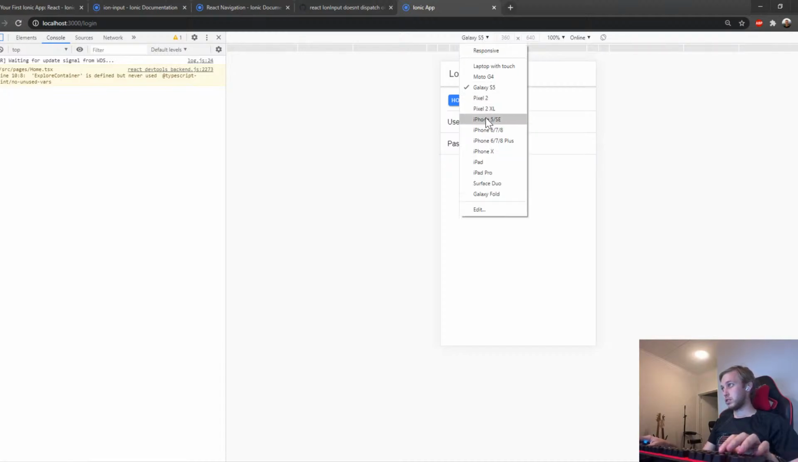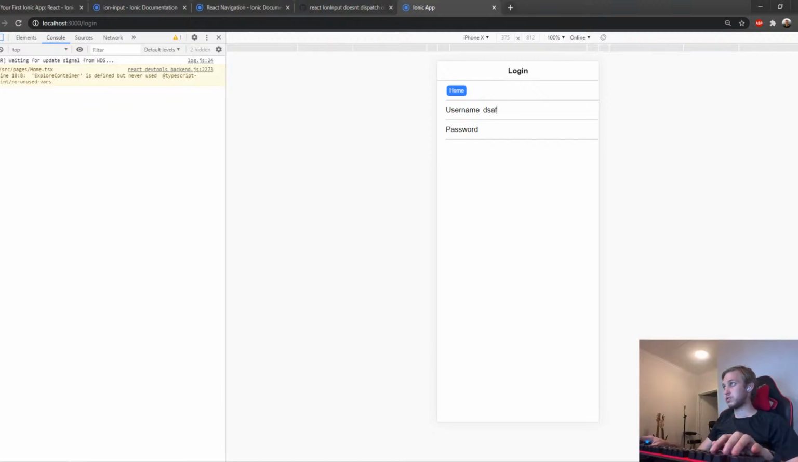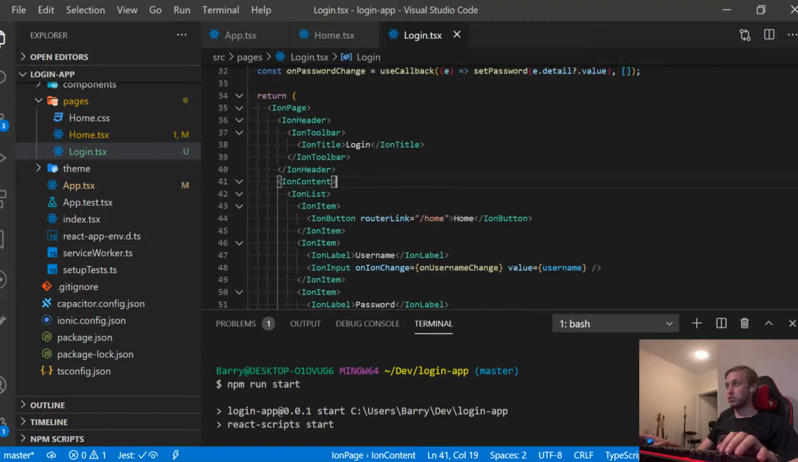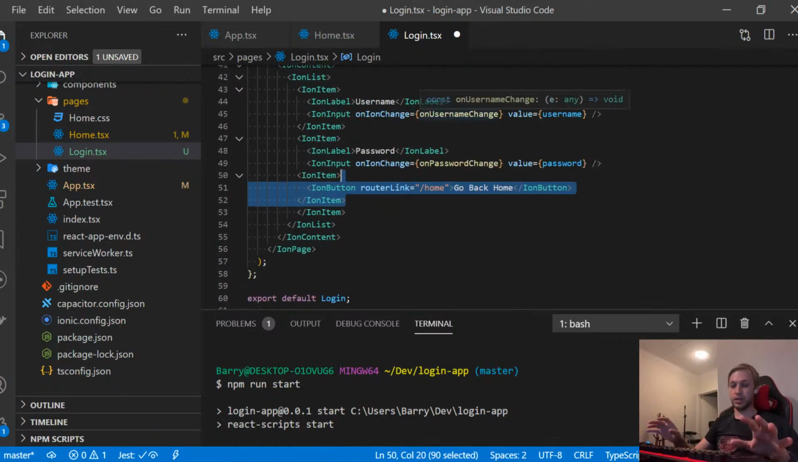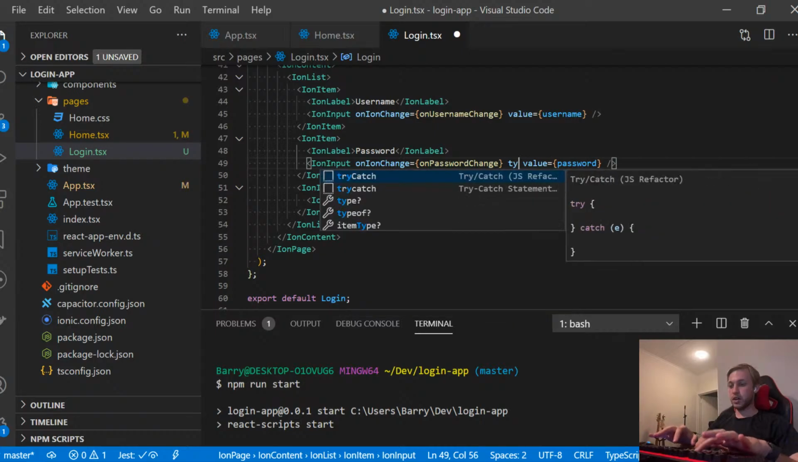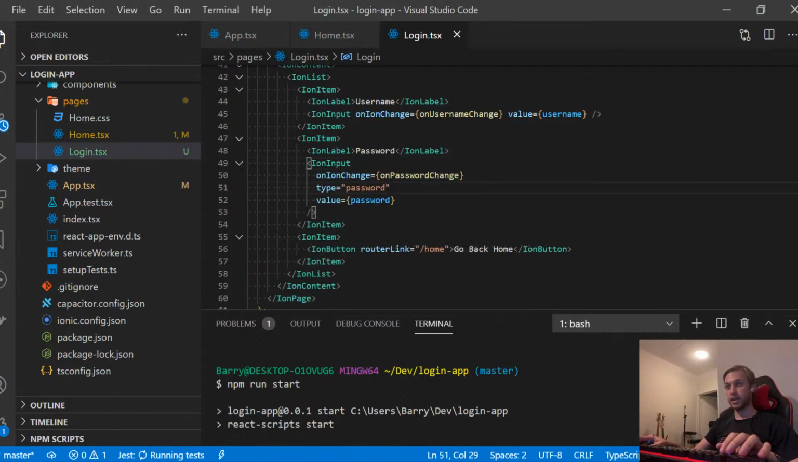Now, if we looked at what this looked like on an iPhone X and we refresh, it looks mostly the same. You see the buttons are a bit different and all that. It's changed this button to go back home. Let's put it at the bottom. I'm just pressing Alt down to do that on my selected stuff. I'm also going to change this type to password. So now, if I say that,